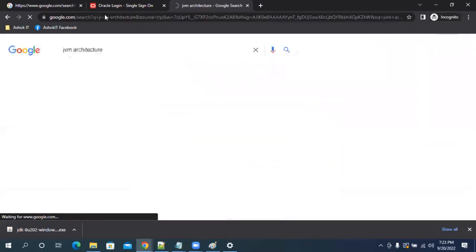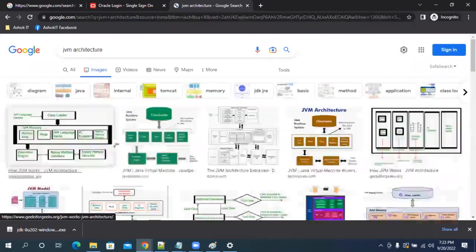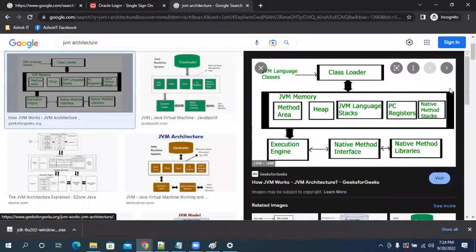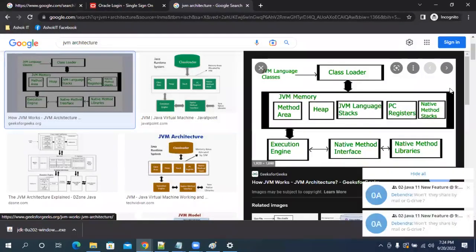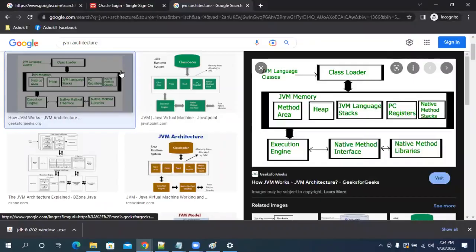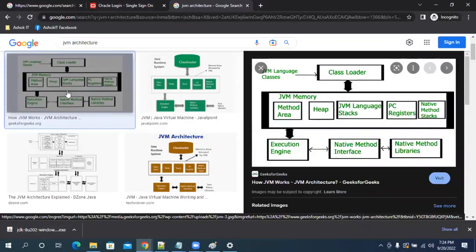JVM architecture. So this is the JVM architecture, guys. Internally, these many components are available, which convert our programs into a machine understandable format. Those are internals. Is this the right time to talk about the internals? No. If I explain the internals now, tomorrow students won't come. Internally, these components are going to convert the bytecode into machine understandable format.